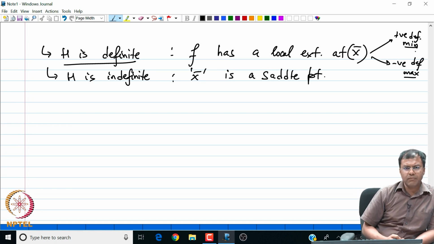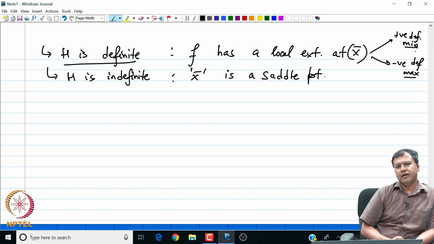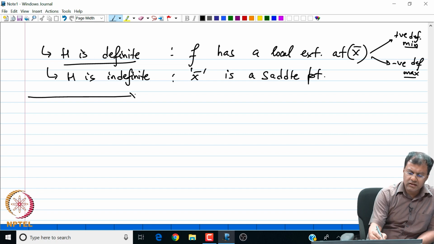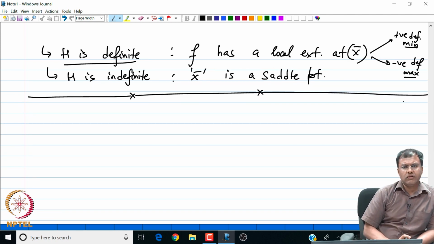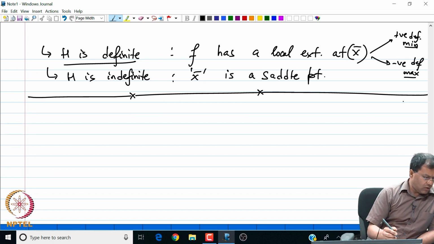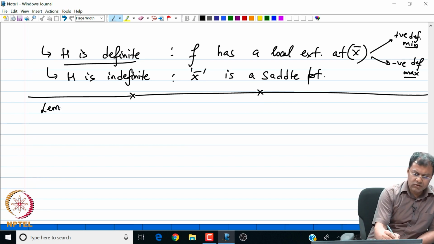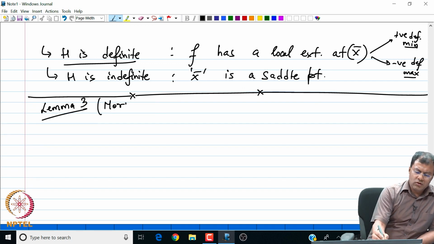I am going to end my discussion on this finite dimensional calculus by providing two results which are of extreme importance, especially when we discuss our optimization of functional calculus. The first result is in the form of the Morse lemma, which tells us how to distinguish between the saddle points, the local maxima and the local minima in the neighborhood of extrema. So, the Morse lemma, this is my lemma 3 now. Lemma 2 was introduced in lecture 2. So, the Morse lemma says the following.